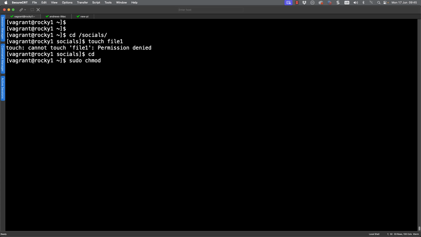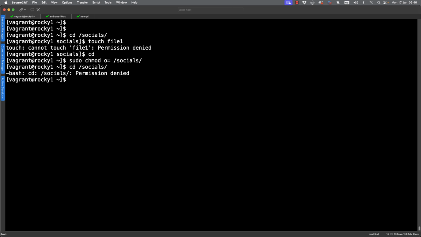So what we're going to do is first of all go backwards a little bit and remove all permissions granted to others, because this shouldn't be shared to everyone within the organization. So now, of course, if I try and access it, I don't pick up permissions from the user. I don't pick up permissions from the group. So I don't have access at all now to the socials because others do not have permissions.